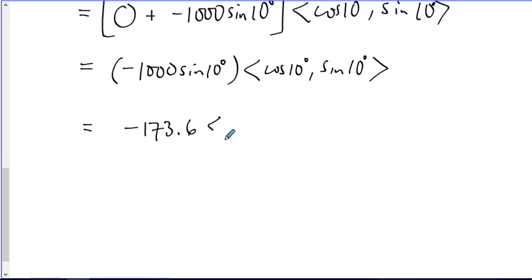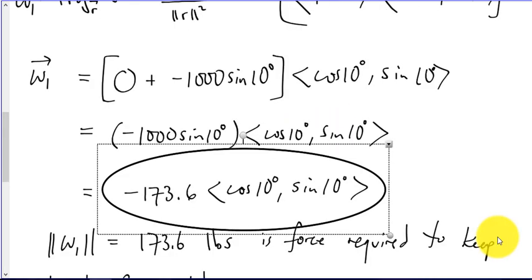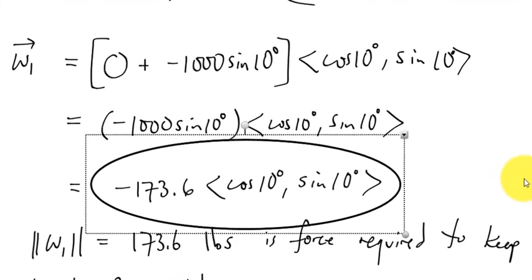But then I might, so this is 173.6 is the magnitude. The negative is part of the direction. It's convenient to leave it there. I'm going to leave this as it is for a minute, just to say that I think I will interject